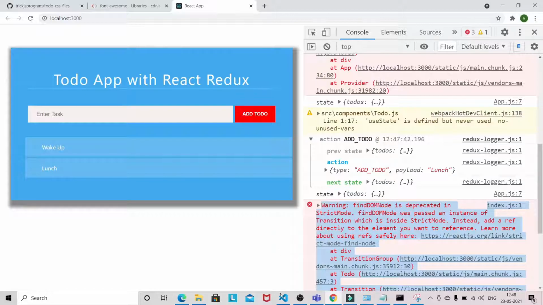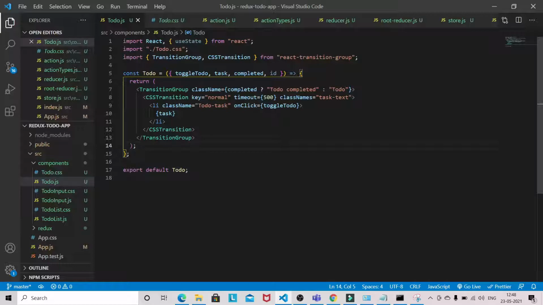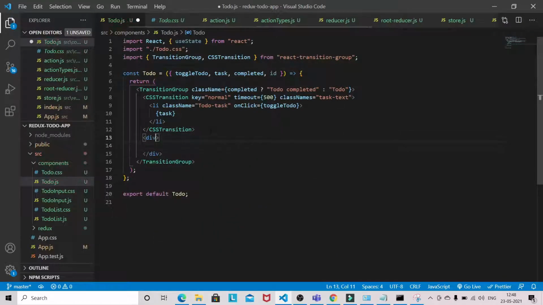Now the next thing we are going to build is the delete functionality. Delete is also a very simple one. We have to use some font or some icon. So come down, give a class name to-do buttons.